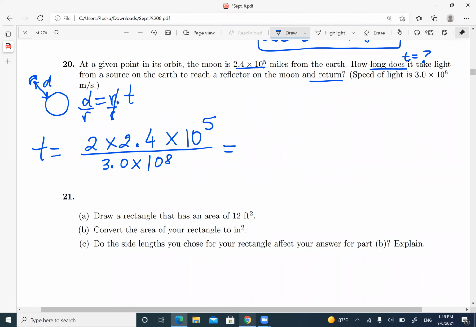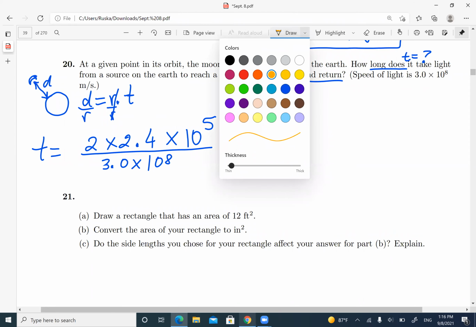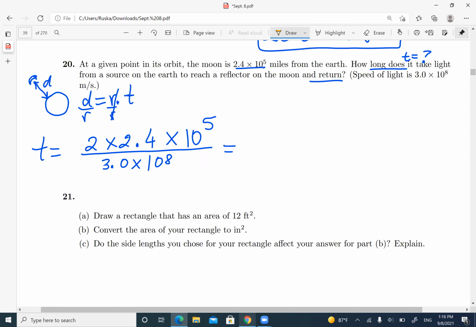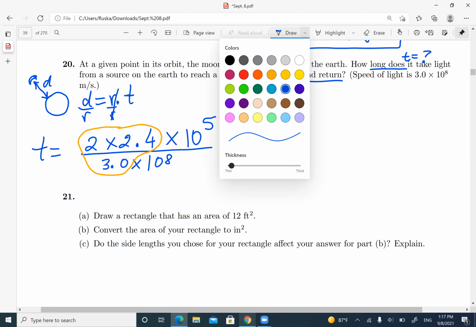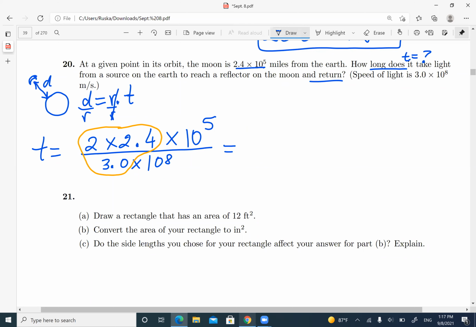And then I have to simplify this. So what I'm doing first, I'm going to simplify the numbers first, and then I'm going to take care of the 10 with exponents. So I'm multiplying 2 times 2.4, and then I divide by 3. So that's what I'm doing first. Okay? So what is 2 times 2.4? I'm going to multiply it in the calculator. 2 times 2.4, and then I'm going to divide it by 3 is 1.6. So I have 1.6 times, and then I'm going to have